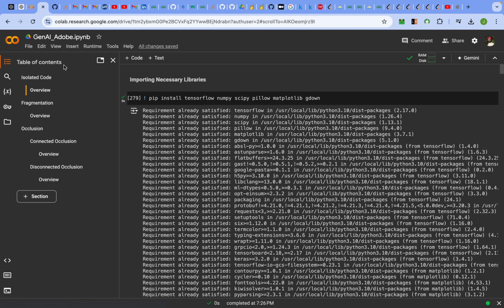If we see, we have a table of contents where I have written three separate codes for the isolated one, for the fragmented and for the occluded one. And I have uploaded some files which you can also upload, which were given as an input from the Adobe team. So let's get started. Let's import some necessary libraries first. These were some necessary libraries which we need to download, and these were some necessary libraries which I've imported